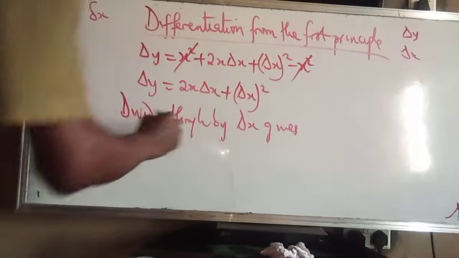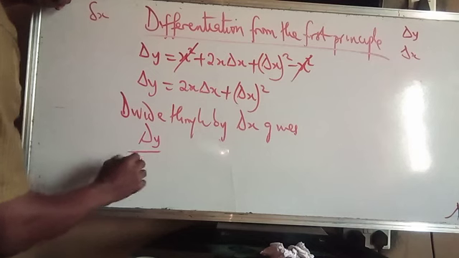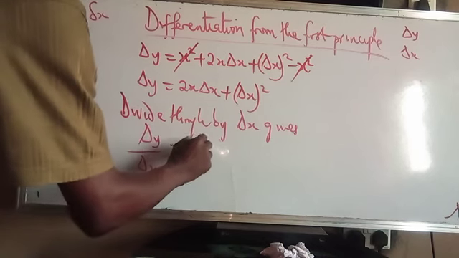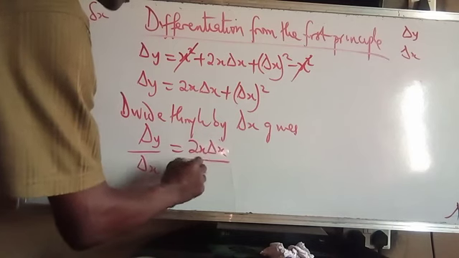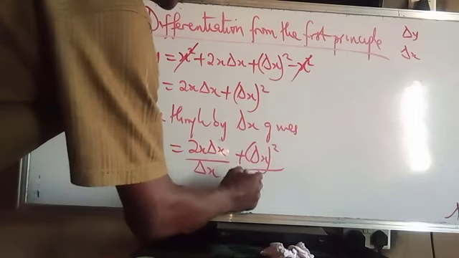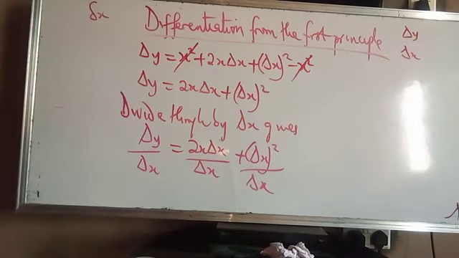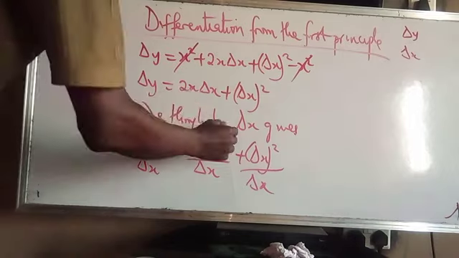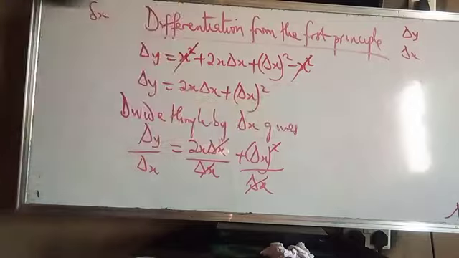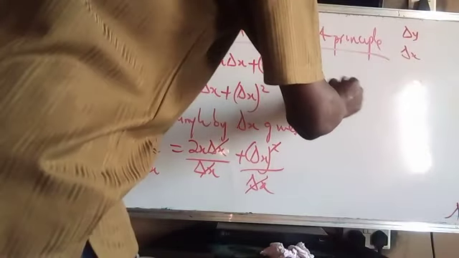Change in y all over change in x is equal to 2x change in x all over change in x plus change in x squared all over change in x. So with that division, this will cancel this out, and this will cancel one of these. So you'll be left with what? Change in y all over change in x will be equal to 2x